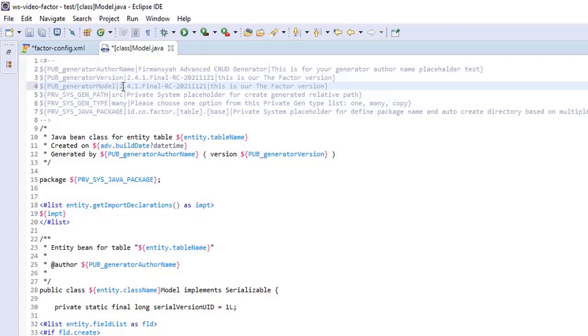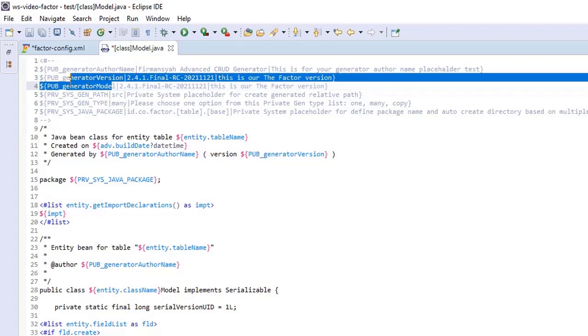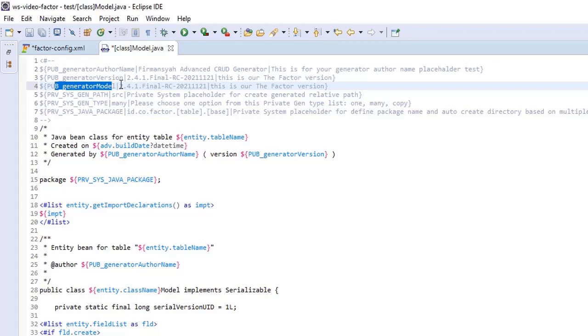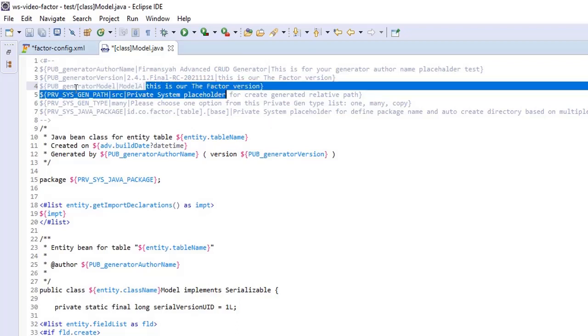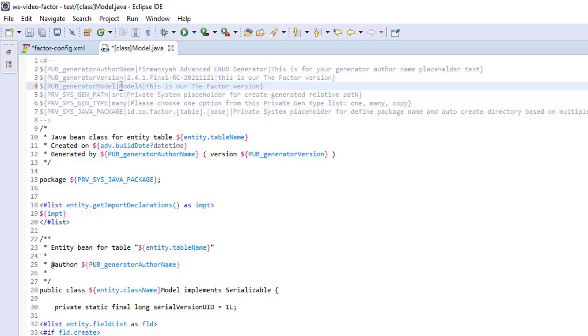We need to separate the name of the public attribute with the pipe character, and then this is the value, which we can change. This is model A, for example, and this is the description. So the name of the public attribute, then the value, and then the description are separated by the pipe.